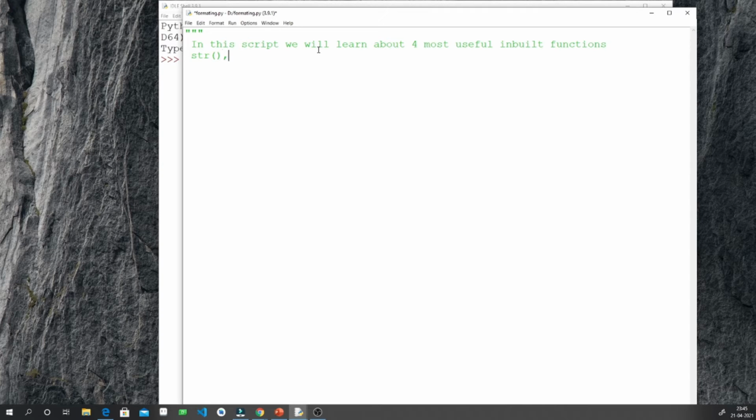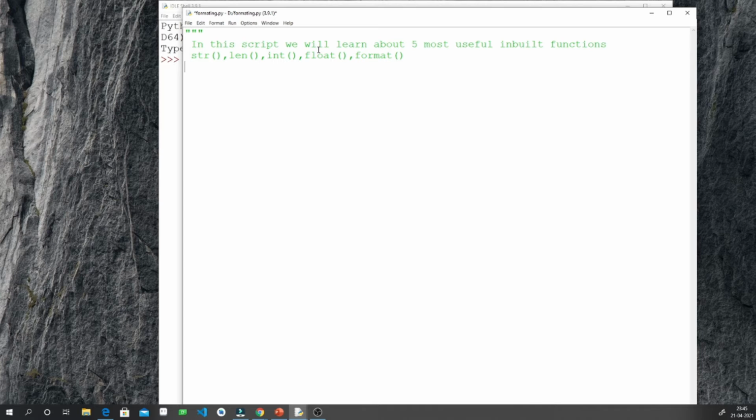Str, then len, then int, float and format. Actually it is not 4, it is 5. So we will learn about 5 most useful inbuilt functions.